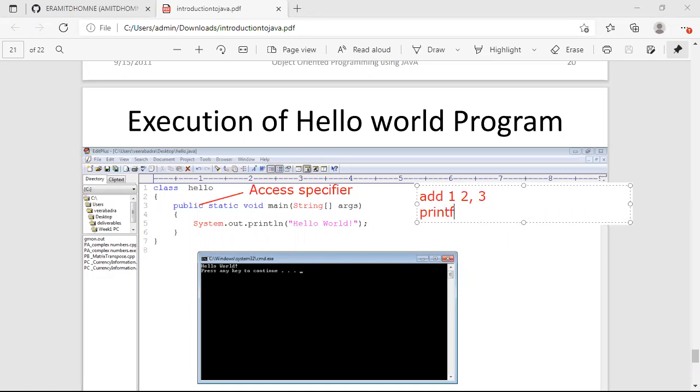You write like this: printf, percent d. You write percent d, then you write the element. Suppose you want to print the addition, or you can write like this also. Just one minute.